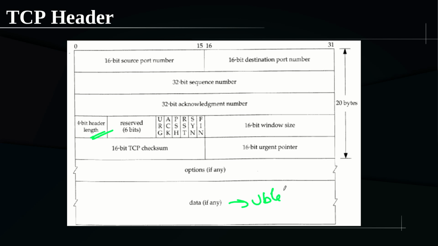So now you may be confused, like how the receiver will understand how long it has to read for a particular segment, or what is the size of the data part, right? But it is not there. So how TCP handles it is, it will ask the layer below it, so they can communicate with each other, right?